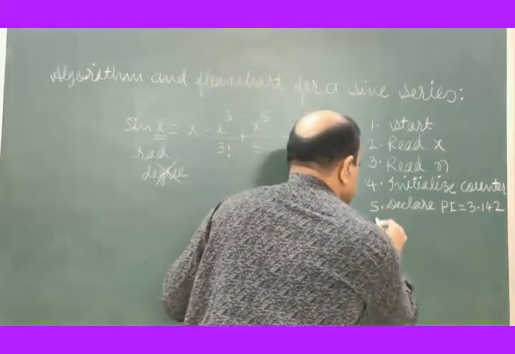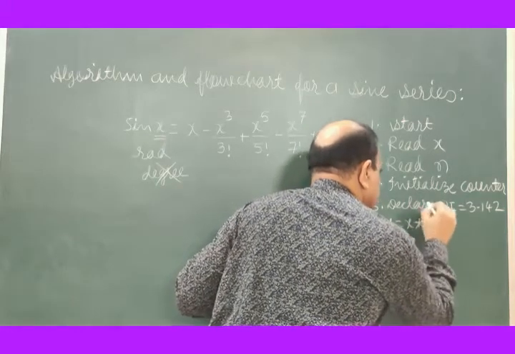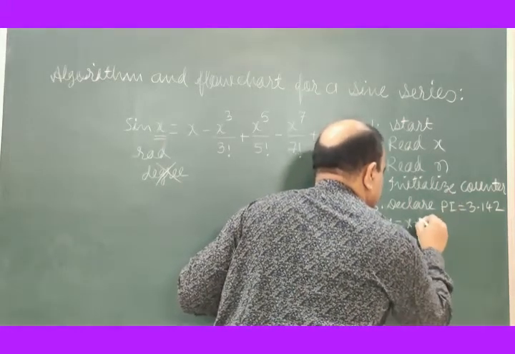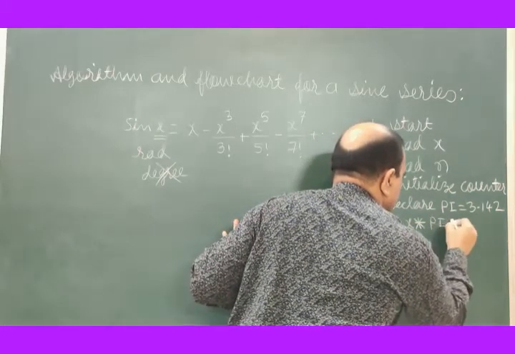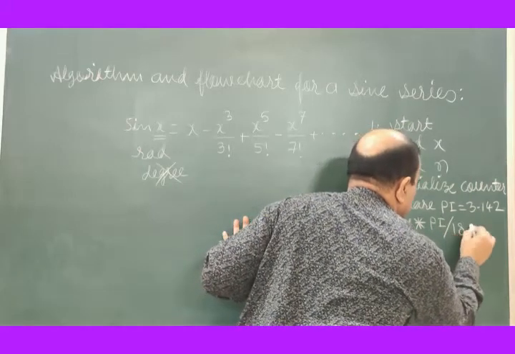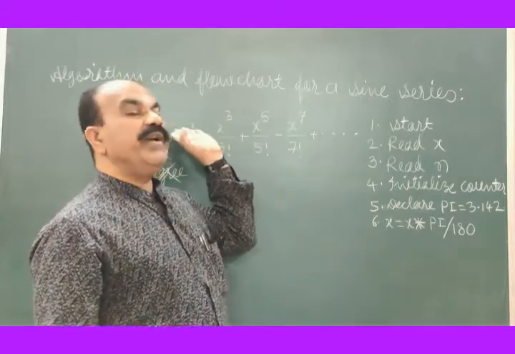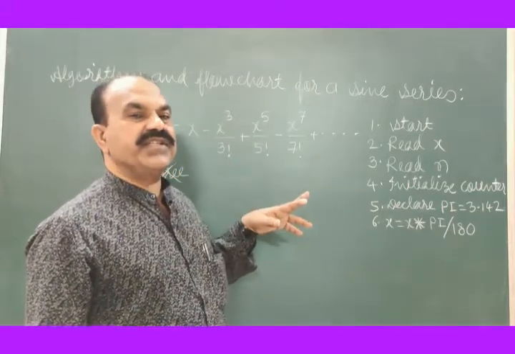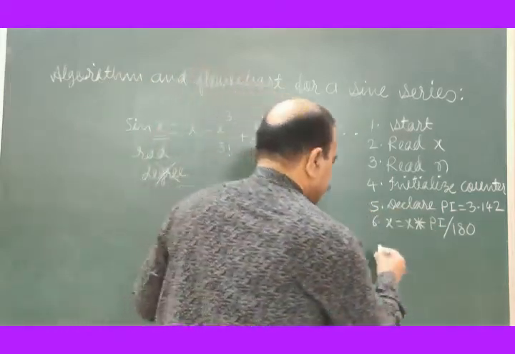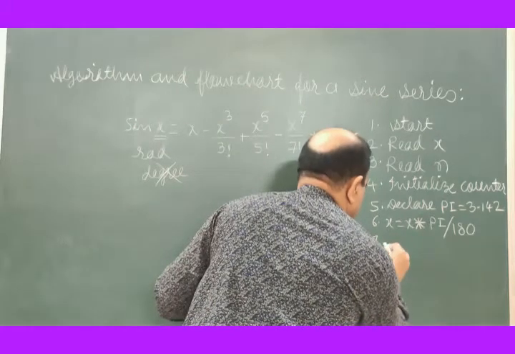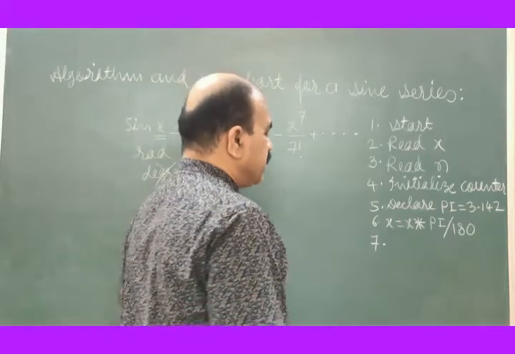After that, x is equal to x into pi divided by 180. The argument you inputted in degrees is converted to radian. Then let us go to the next step. Next step will be